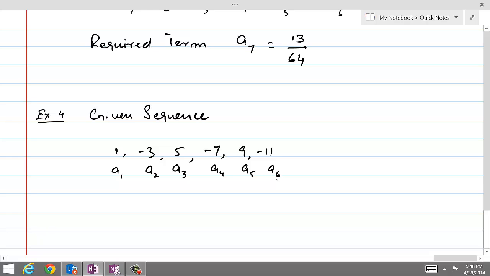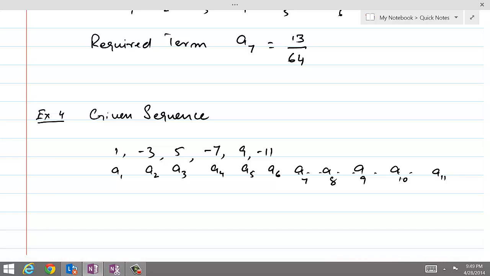The first term is 1, second term is minus 3. Obviously, if we continue like this, we would be required to write down the 11th term. That would be A11. So here would be A7, A8, A9, A10, and then A11. If we carefully examine the terms of the sequence, these are all odd numbers, 1, 3, 5,